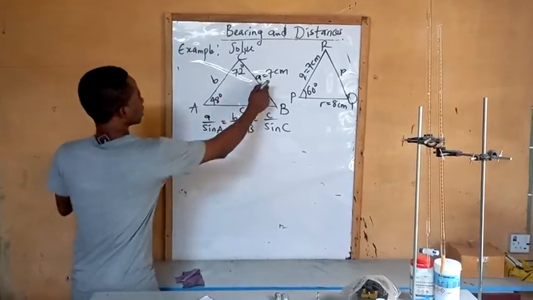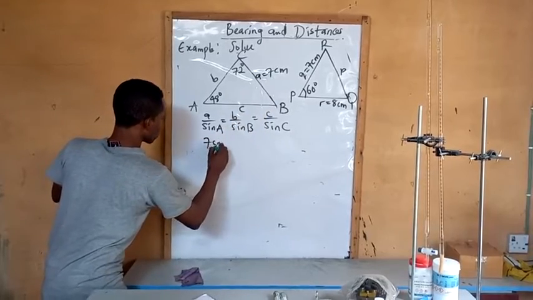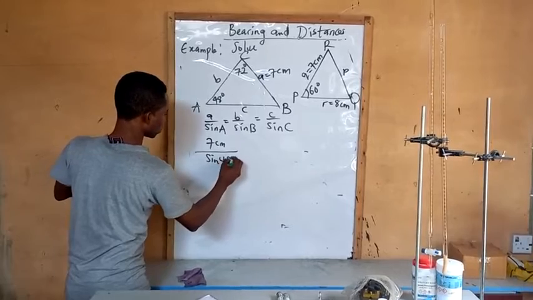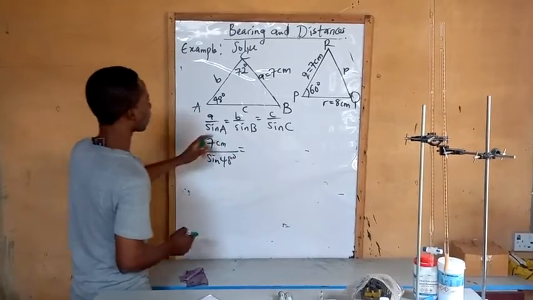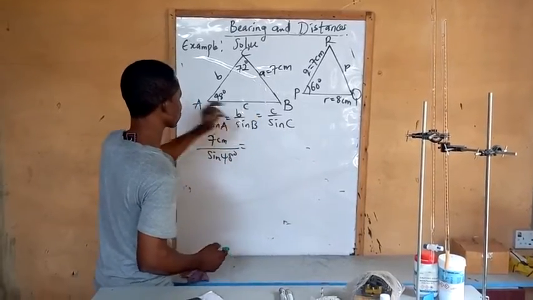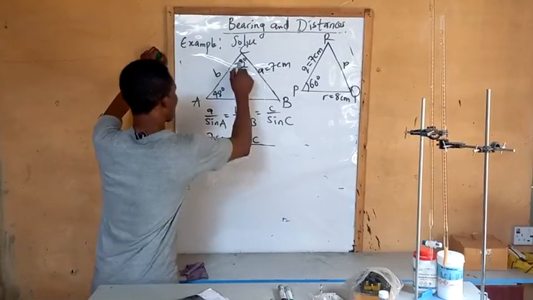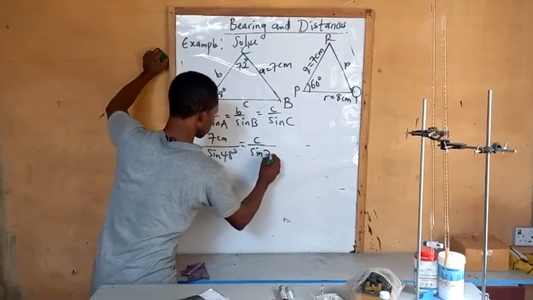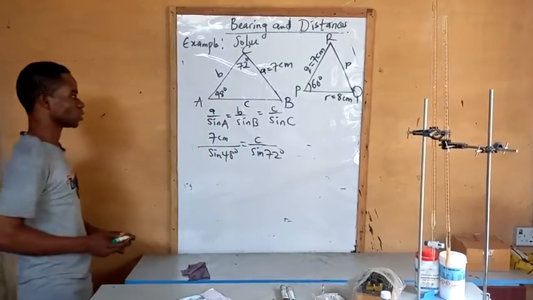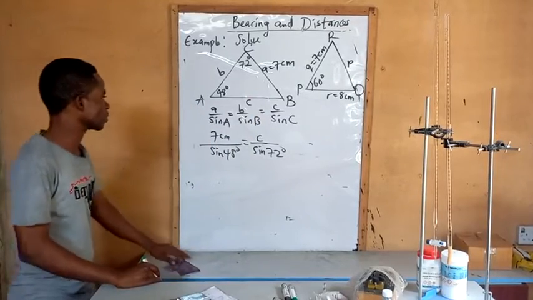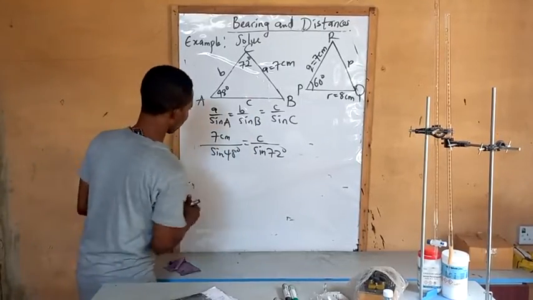So side a is 7 centimeters over sine 48 equals, I'm actually looking for small c first, c over sine 72 degrees. So I will use this to get this side, small c. What do I do? I will cross multiply. That means